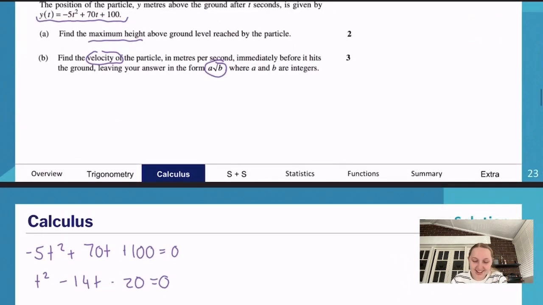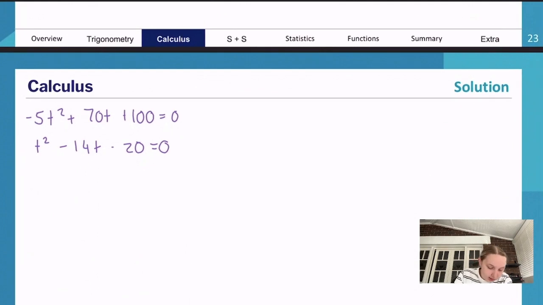So with this, the key indicator here that we're going to be using the quadratic formula is that they've given us this with a square root. And what way of solving a quadratic is going to give us a square root? The quadratic formula. Okay. So then if we solve for that, we're going to get 14 plus or minus the square root of